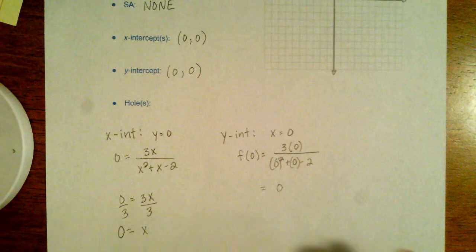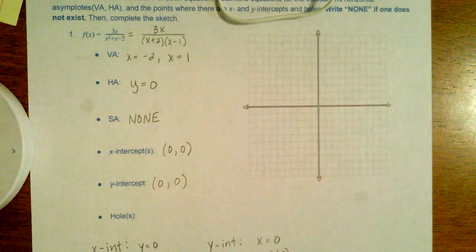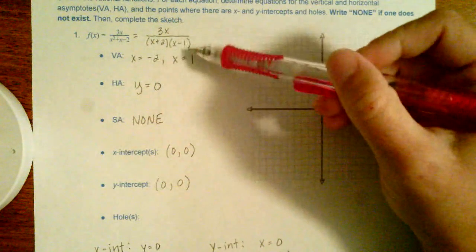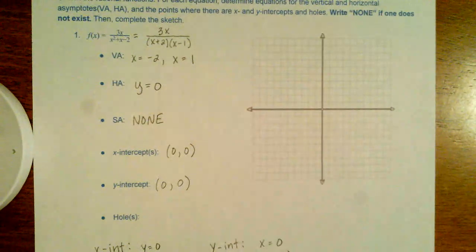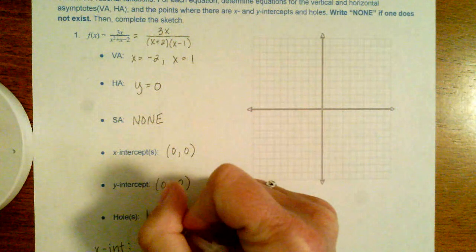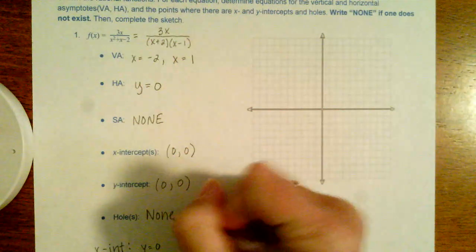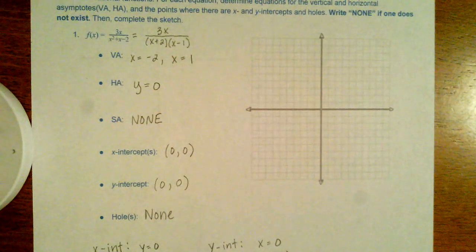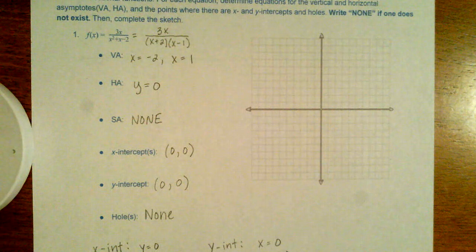Next, I'm looking for any holes. I think I already said this, but because we didn't have a factor that occurred in both the numerator and the denominator, we don't have any holes. So I would write none. Right now, before I start to draw my graph,